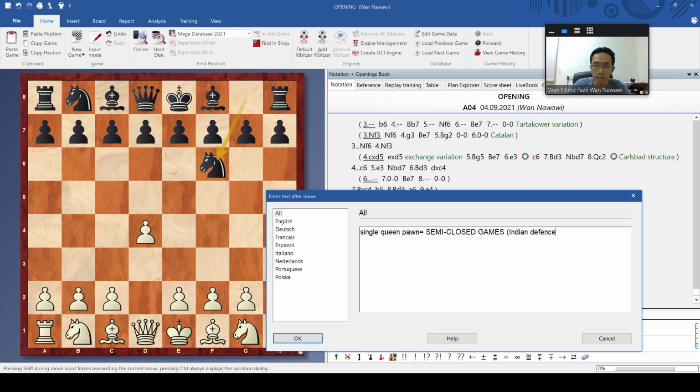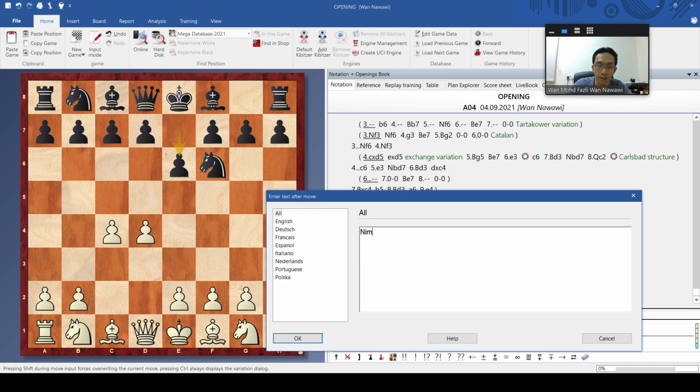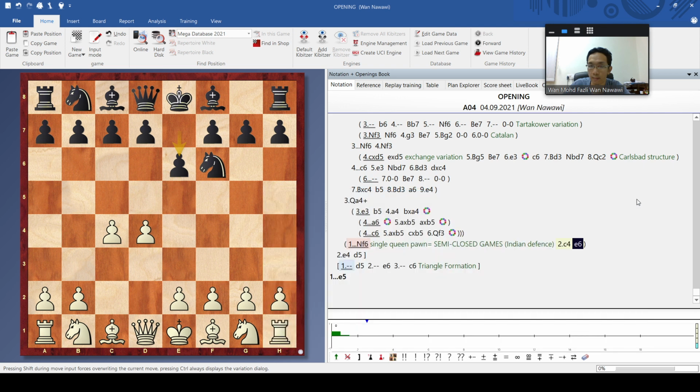Indian defense. So for example, let's say white plays this and black plays this. This is what we call the Nimzo. Not yet Nimzo-Indian, because Nimzo-Indian starts when white plays this, and you play the bishop to B4.